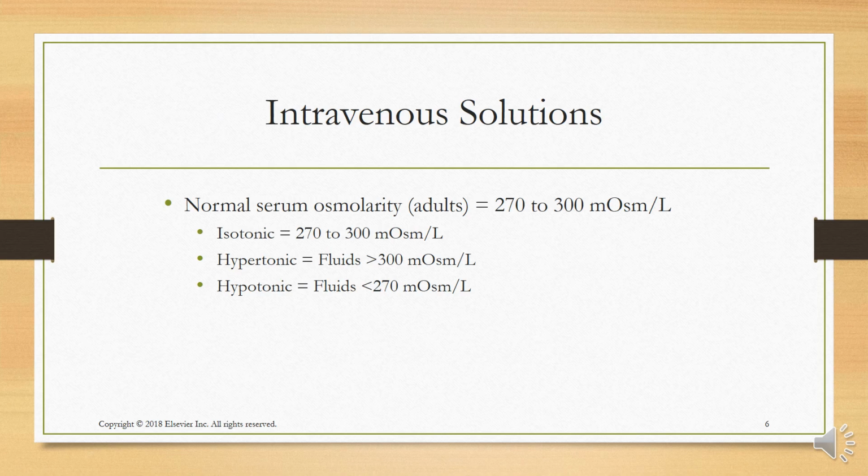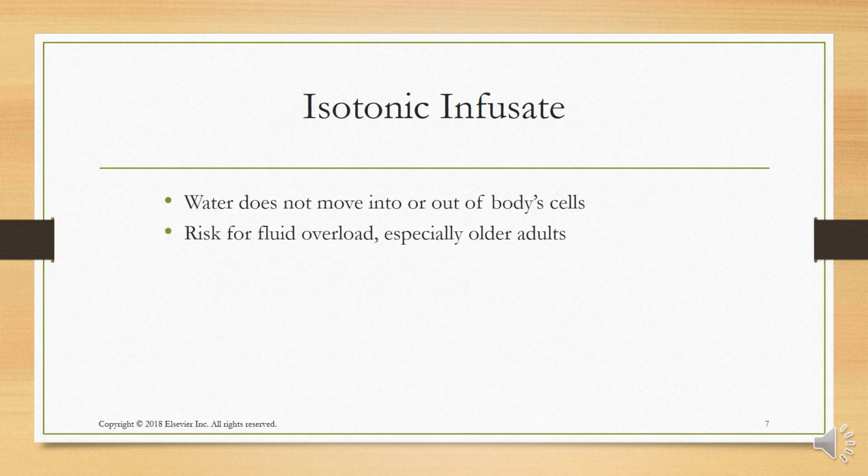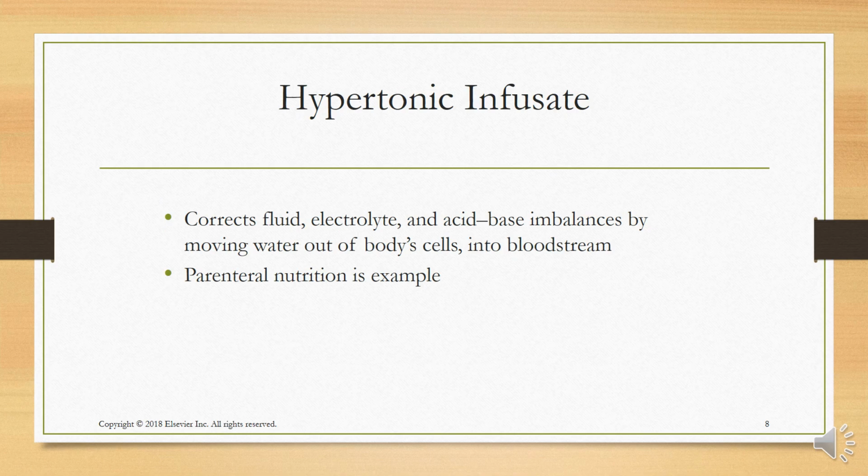So we've talked about before the normal osmolarity of adults, 270 to 300 milliosmoles per liter. Isotonic is the normal osmolarity for adults. Water doesn't move into or out of the body cells, everything just stays put. The risk, though, is that you can overload the patient, especially older adults. If it's greater than 300, hypertonic solutions